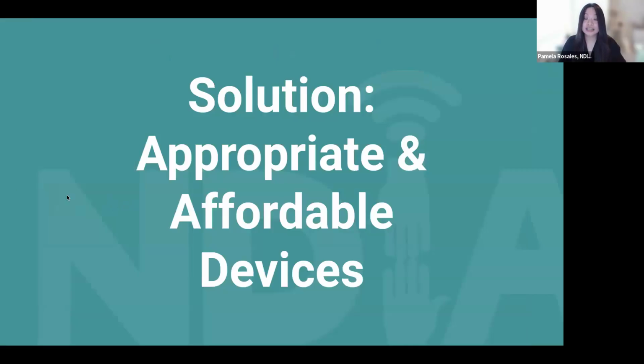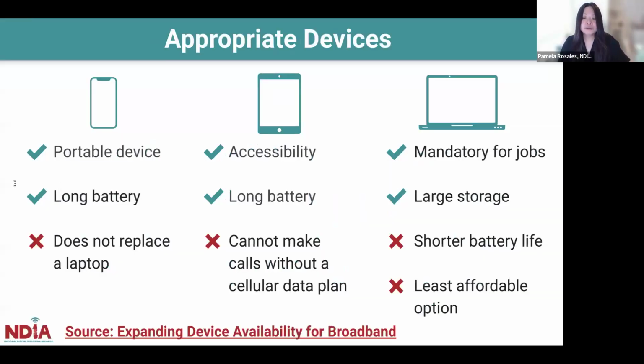All right. So the next thing we'll talk about is devices. Device ownership and access is essential for digital equity. This specific area of digital inclusion focuses on matching community members with devices that match their needs. Digital inclusion programs that focus on devices help community members by providing free and low-cost devices, as well as helping them with maintaining those devices and providing tech support.